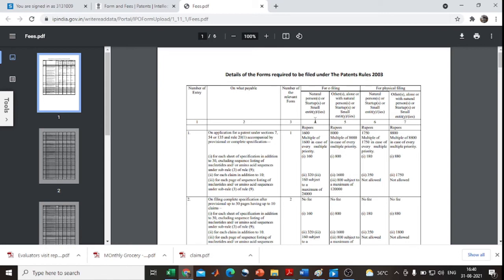What about your category of submission? You may select. For this condition, you may utilize the amount of 1600 rupees.